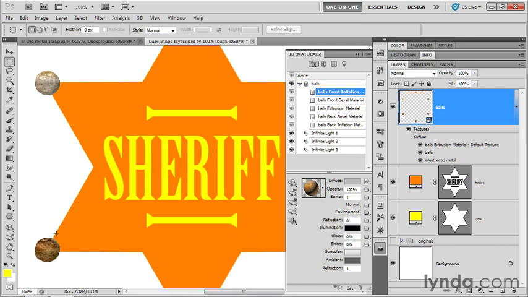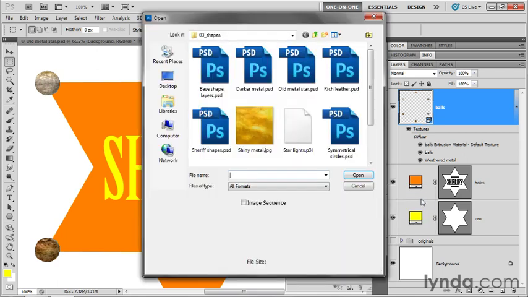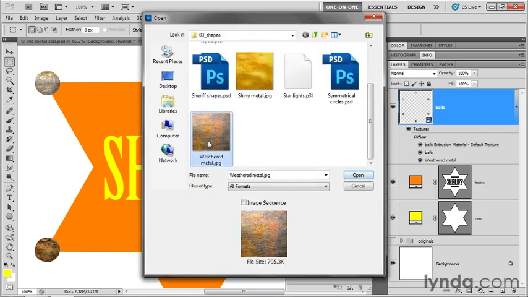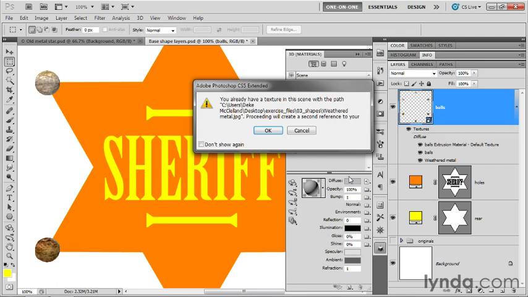Now, if you look closely at these guys, you'll see that they have gray edges either above or below them, and that's the backs showing through. So we should apply that same texture to the backs. I'll go ahead and click on Balls Back Inflation. You could try to use your material drop tool, but it's hard to get into those areas. So the better thing to do is to select the back inflation, click the page icon next to Diffuse, choose the Load Texture command, find that same file, weatheredmetal.jpg, click the Open button, at which point Photoshop will give you